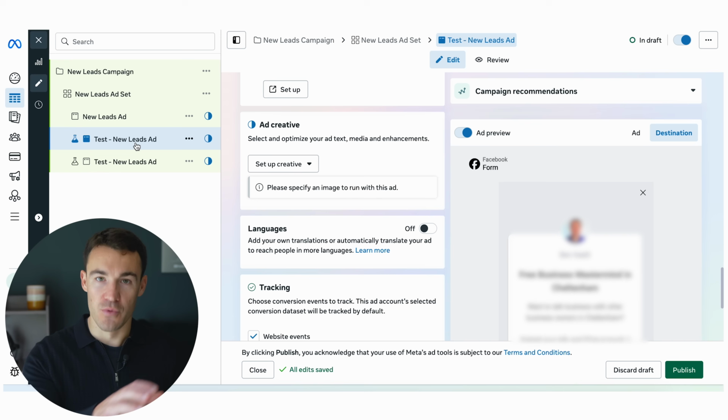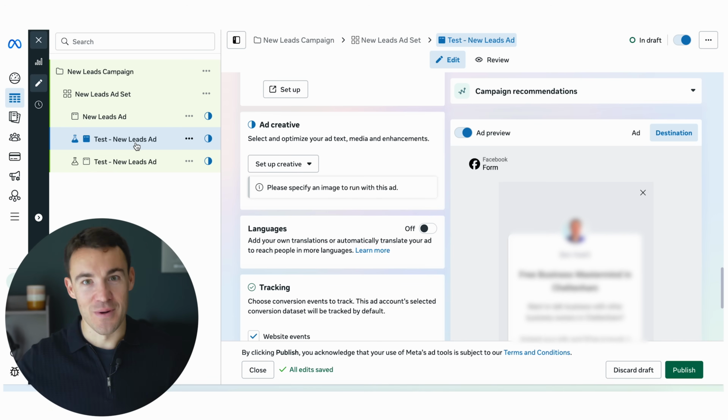So we'd obviously make sure that one of them had one ad creative, another one had a different ad creative, and we've kept everything else the same. So we've isolated that creative variable. We can run this test and then see how the creatives perform. And like I said before, we could have up to 5 going in this test,